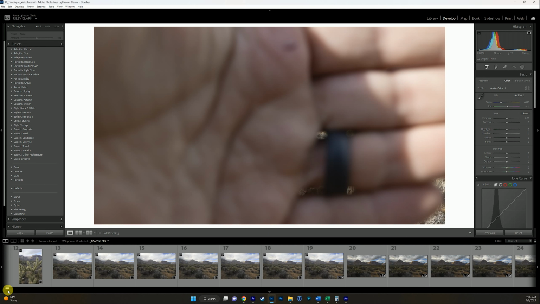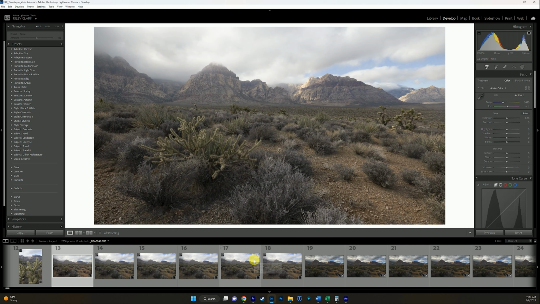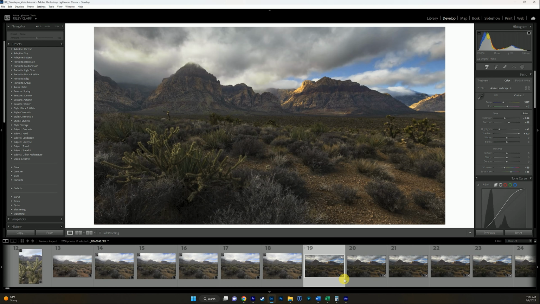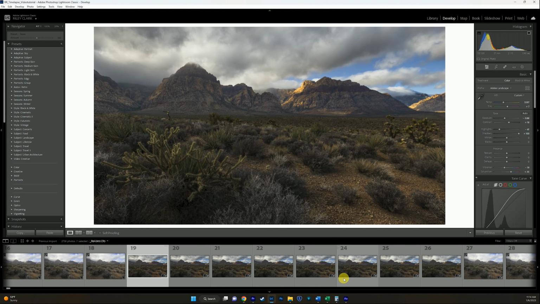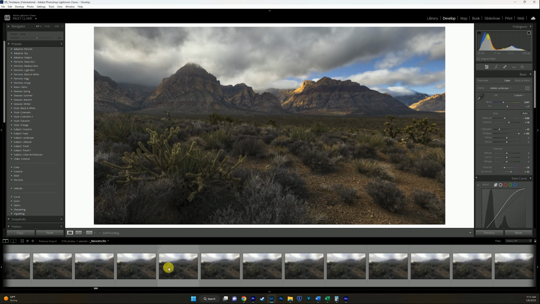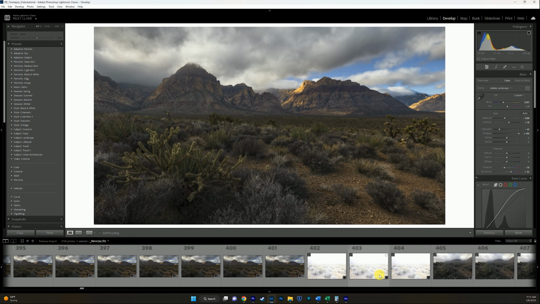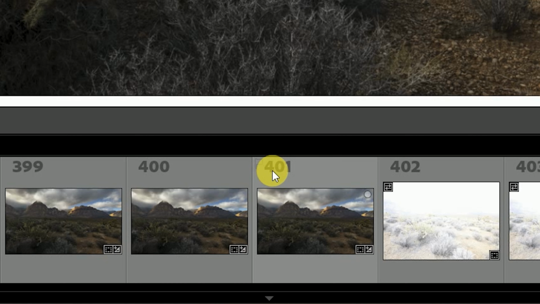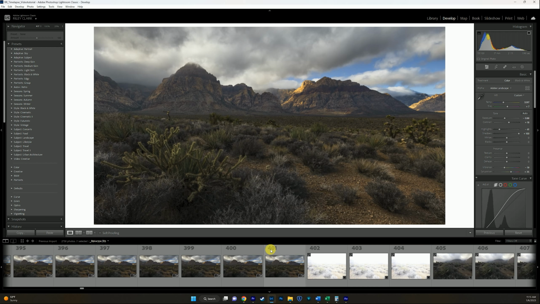What we are going to do is come over here. Now, these first few frames, I think I was messing with settings and my focus point, so I think that's why I started my edit over here. But what I want to do is find the first frame. So in this instance, it is image number 19, and I'm going to scroll until I find the last image. Thankfully, I changed some settings and blew my image out like crazy, so it made it easy. But now that I know that the end of that sequence is image 401, knowing that that first image is